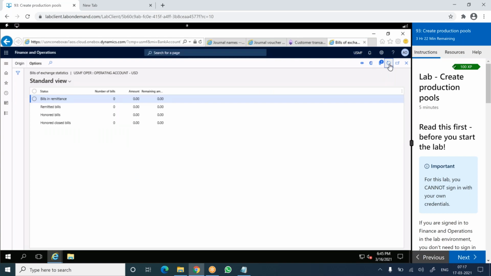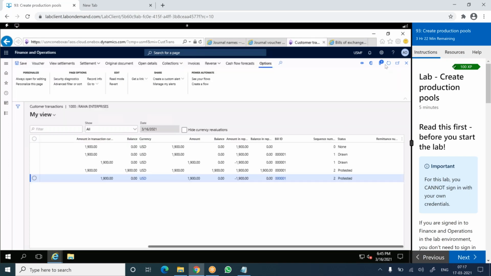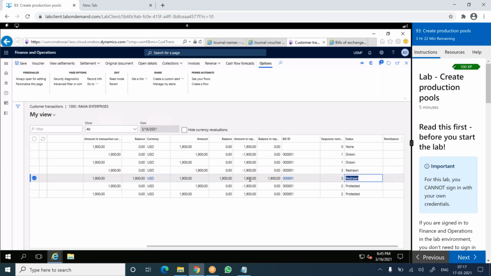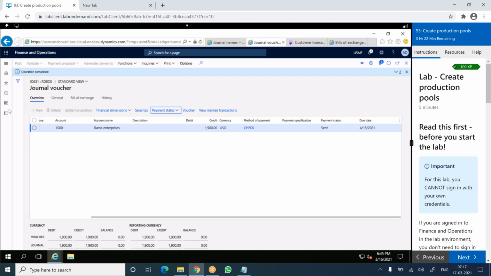refresh here, still it is not showing anything, but in the customer transactions it will show redraw bill of exchange transactions, redrawn. So the pending amount is redrawn. Now I need to do once again